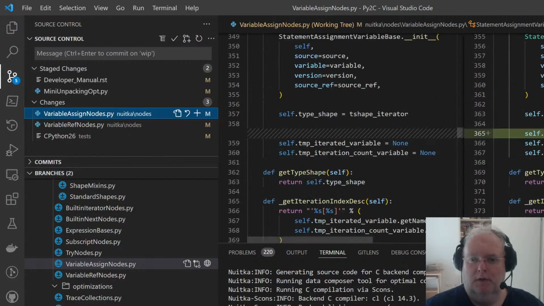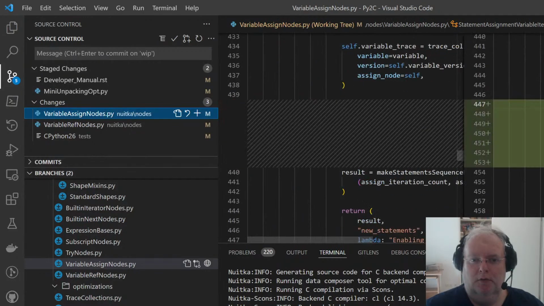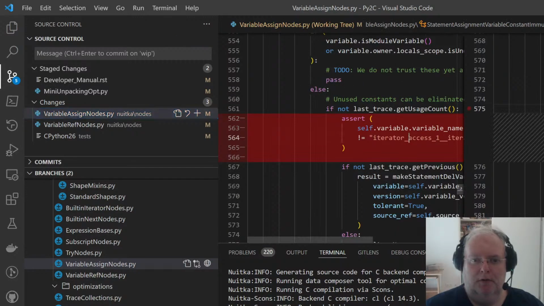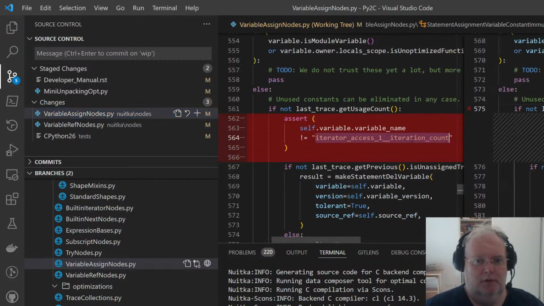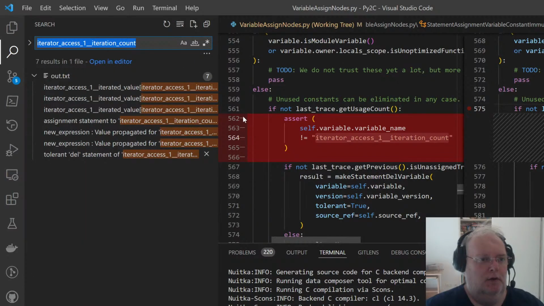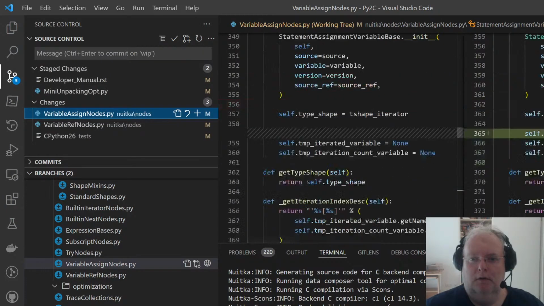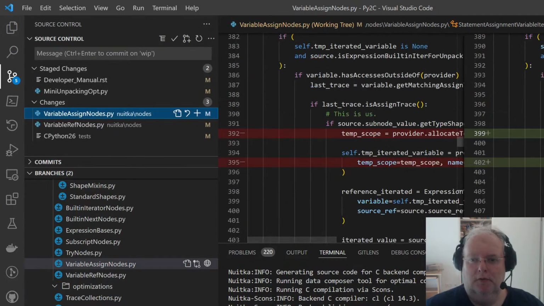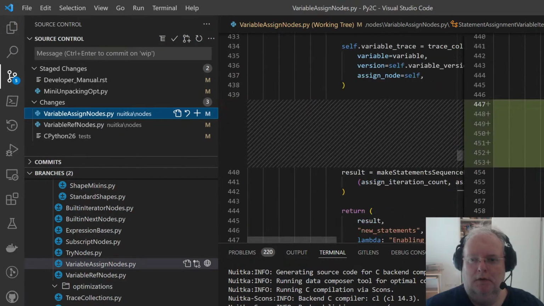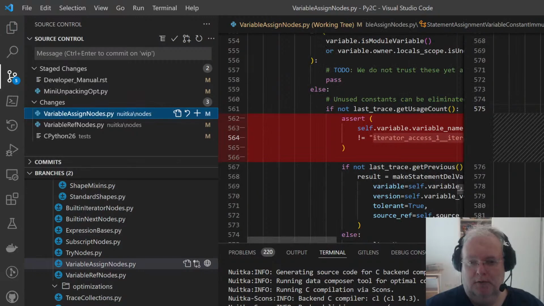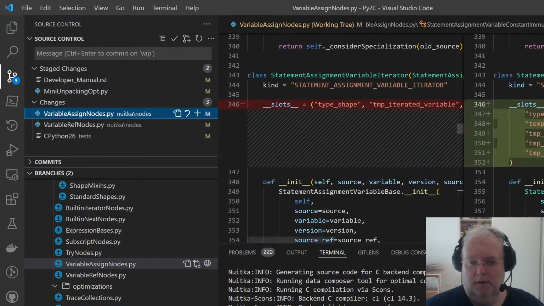That is just garbage. I need to search for more. I did at some point. This is a work in progress branch, obviously. That's only in the output. Okay. Yeah. Every time I search for other occurrences, they never exist. So more variables, temp scope is the local thing. We allocate the next variable that's used in the outlines.